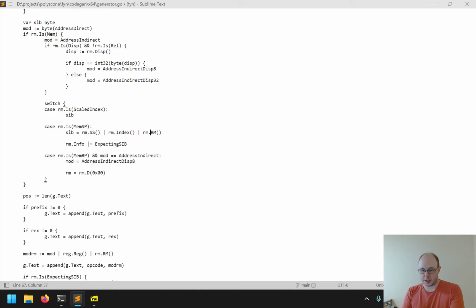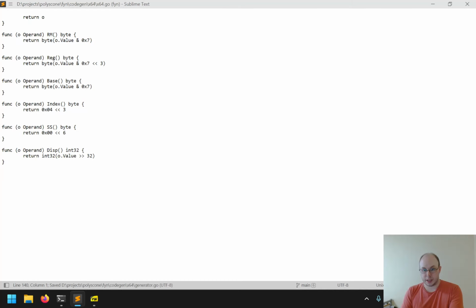So if we say RM, and then we just hard code the 0x20 in here, that should take care of any special case with RSP. And then it means I can actually use RM.SS, ORed with rm.index, ORed with rm.base here,